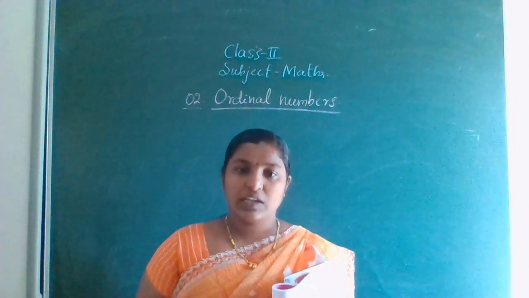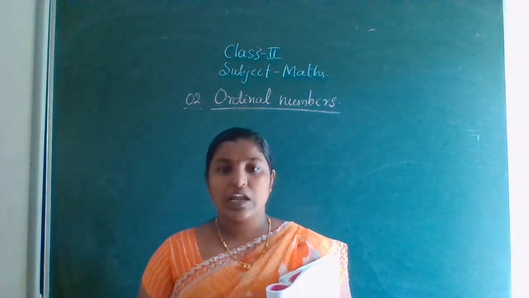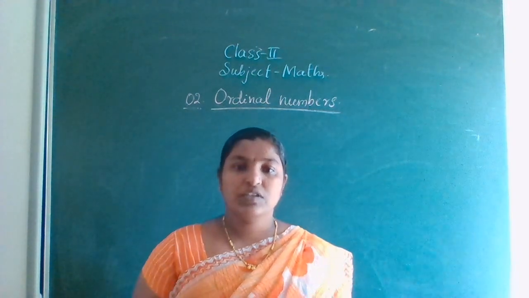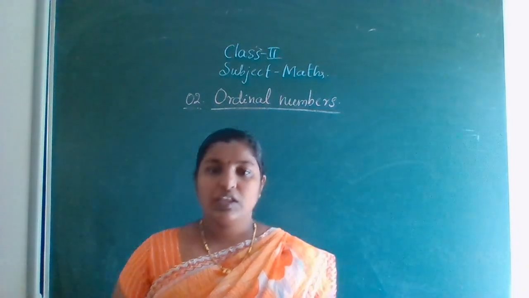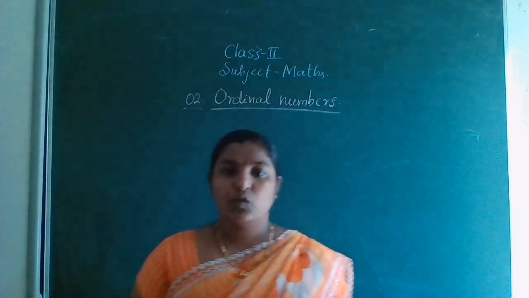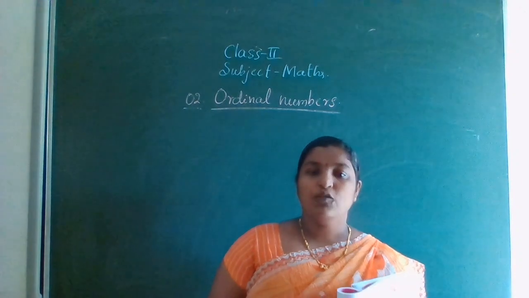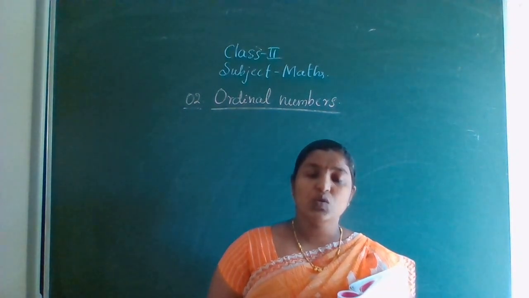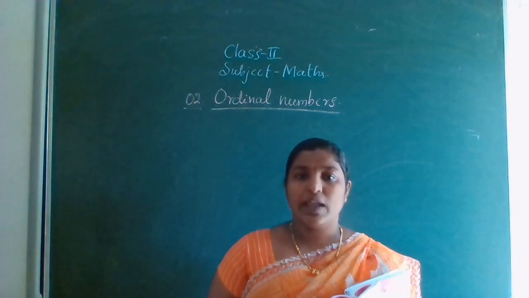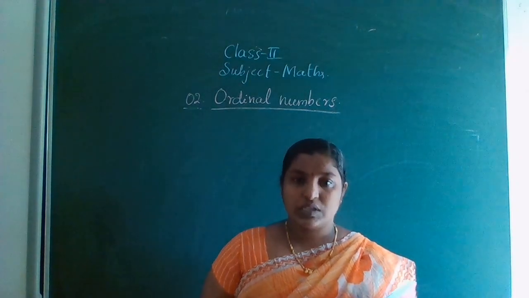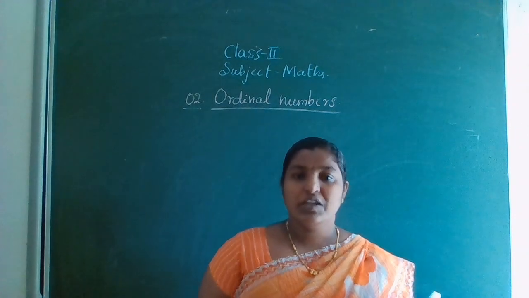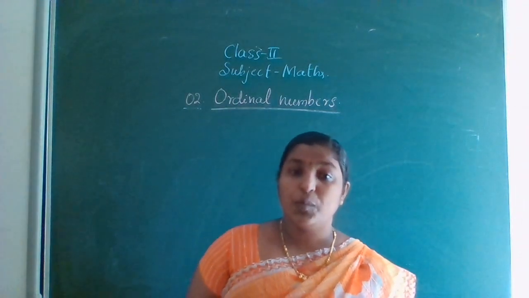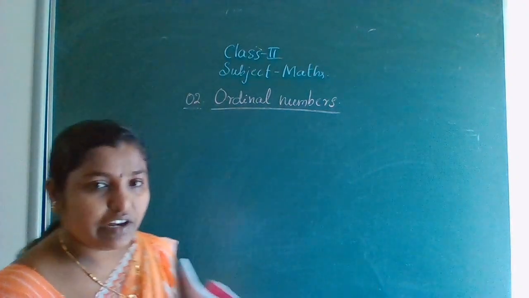I am studying in 8th class, I am studying in 2nd class, he is studying in 6th class. So 6th, 1st, 5th, 7th, 18th, 12th, 20th. These are the words which indicate the numbers. So like these numbers are called ordinal numbers. And yesterday in the previous class I told you to learn by heart the spellings of 1st, 2nd, 3rd up to 10th. Once again I will repeat this.